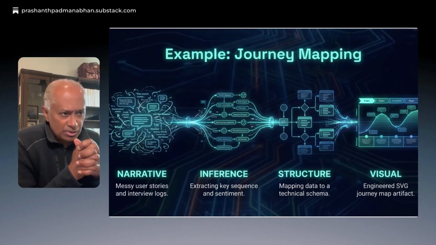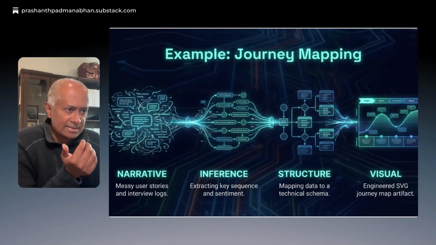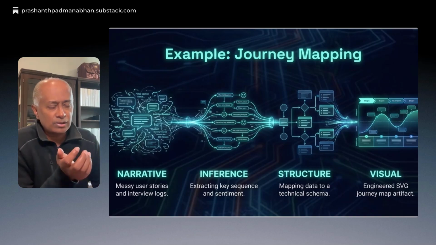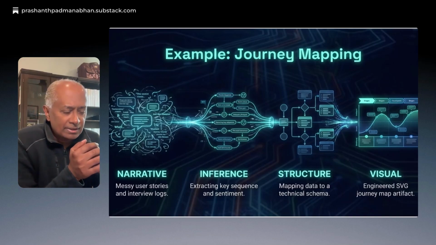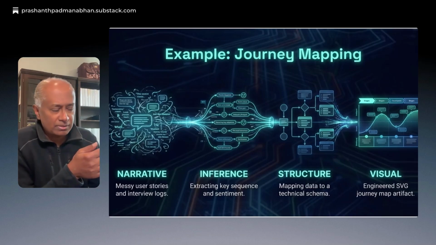This is a four-step process. First, you can provide a narrative. For example, I can say, my journey map looks like this. The user will log in, they will be authenticated, then this is an appointment scheduling use case. They will then pick a doctor, and then they will pick an appointment slot, and then they will confirm the appointment, and then they will log out.